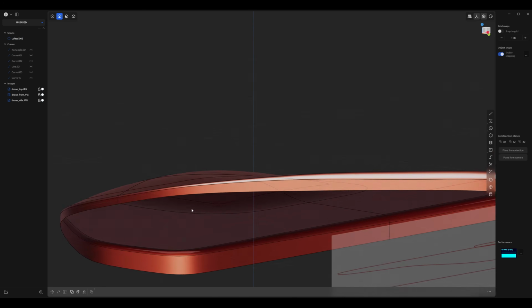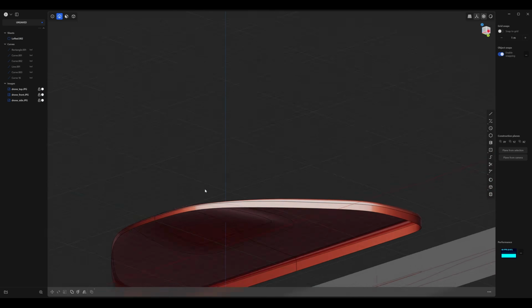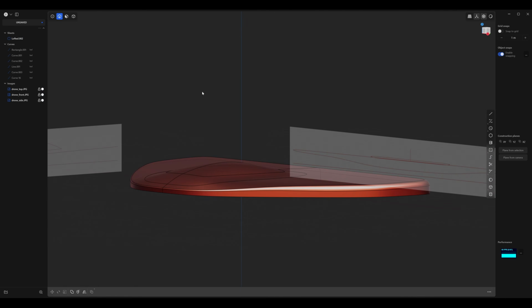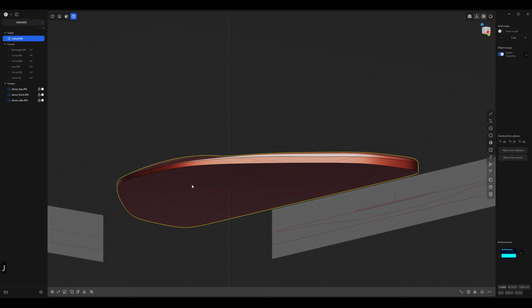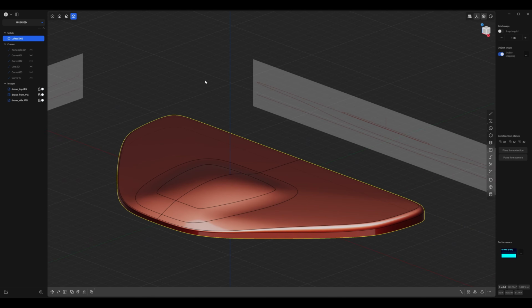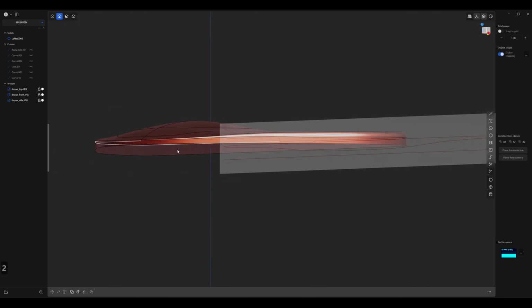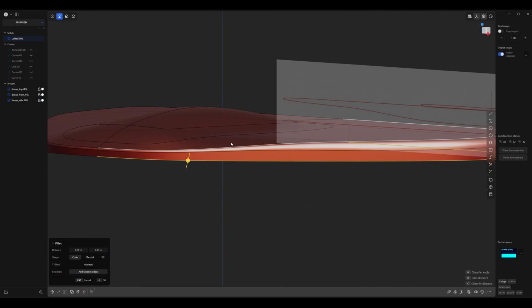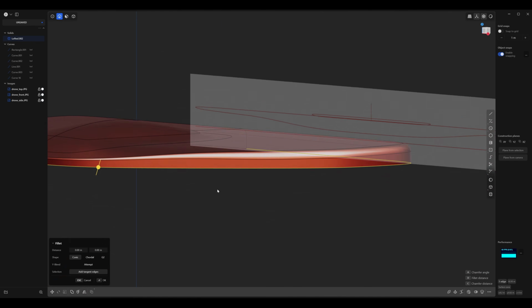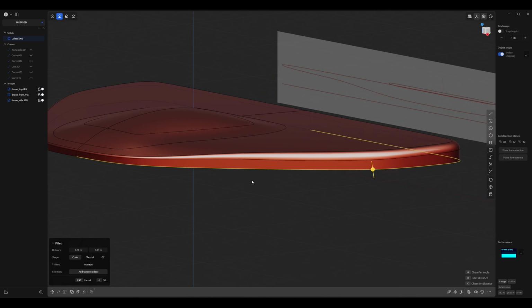Okay, let's do that again for the bottom area, but you can see that it is hollow. So what you can do is press 4, select your model, and then press Shift J, and that'll patch any open hole. And right click. Okay, let's go back to edge mode. Select this edge down here, and press V. Click once around here. Let's do that again. Press V, once here, once there.